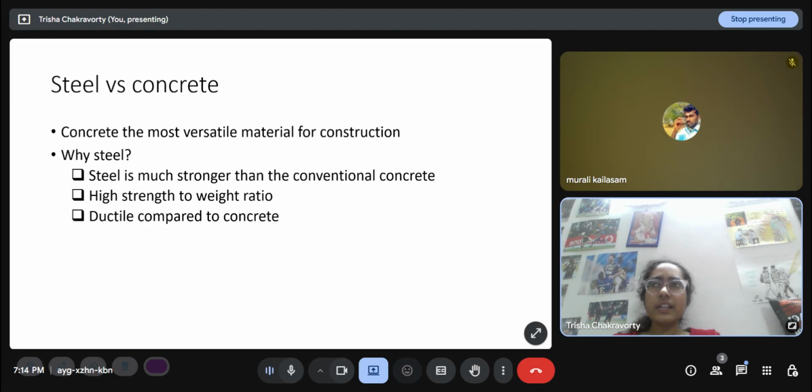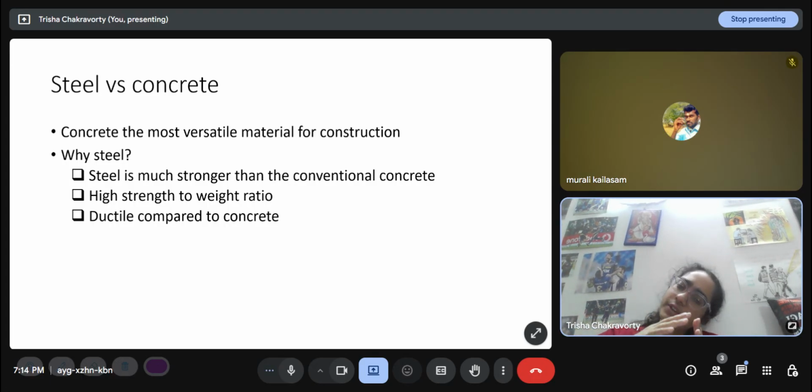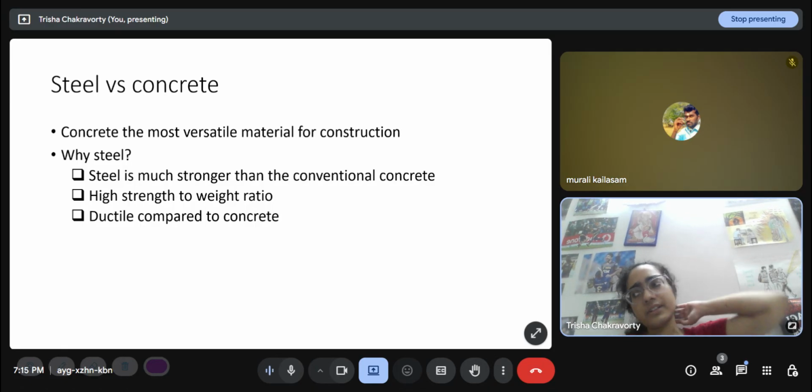If it collapses just after yielding, that is very bad, because anything sudden is very bad in structural design, in any structure. So we would want things to be gradual. Suppose in a steel structure there is a lot of deformation, suppose a connection is failing, but we see a connection that was at 90 degrees is now like this. It has yielded, but it has not yet failed. We see that something has happened, and we can call a structural health monitoring engineer. They will refer that this needs repair, so that part can be repaired.